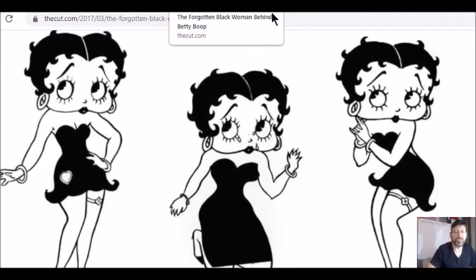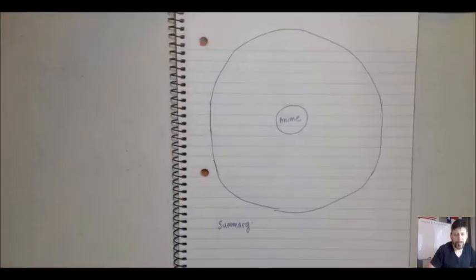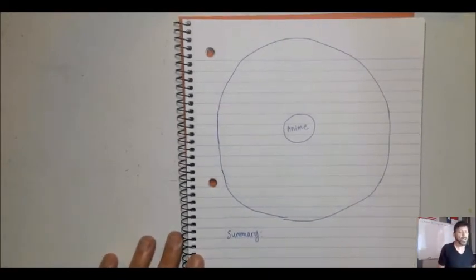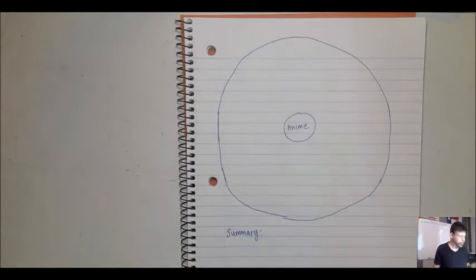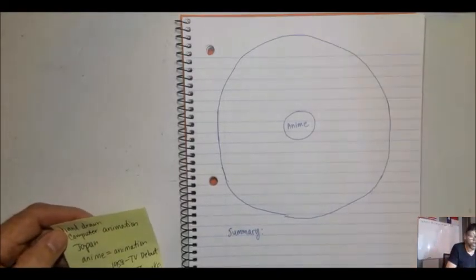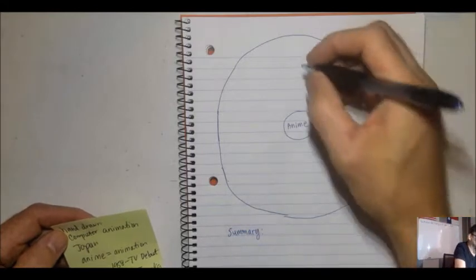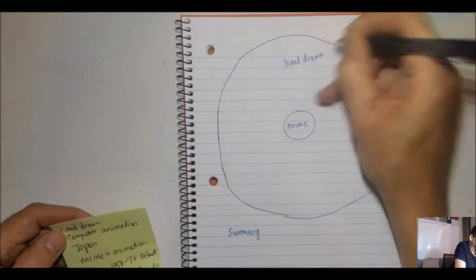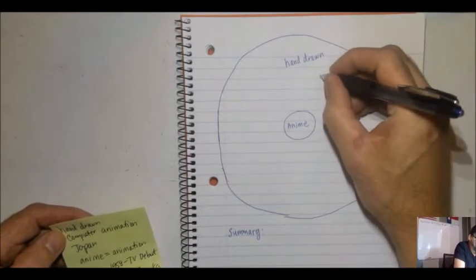So anyway, this is just a quick pretend lesson to do our circle map. Let's go back to our circle map, and let's pretend I'm teaching and talking about these things, and you're going to write down just words and phrases as I teach or as you watch a video. So of course, anime can be hand-drawn or computer animation. So you would be writing, oh, he said it can be hand-drawn or computer